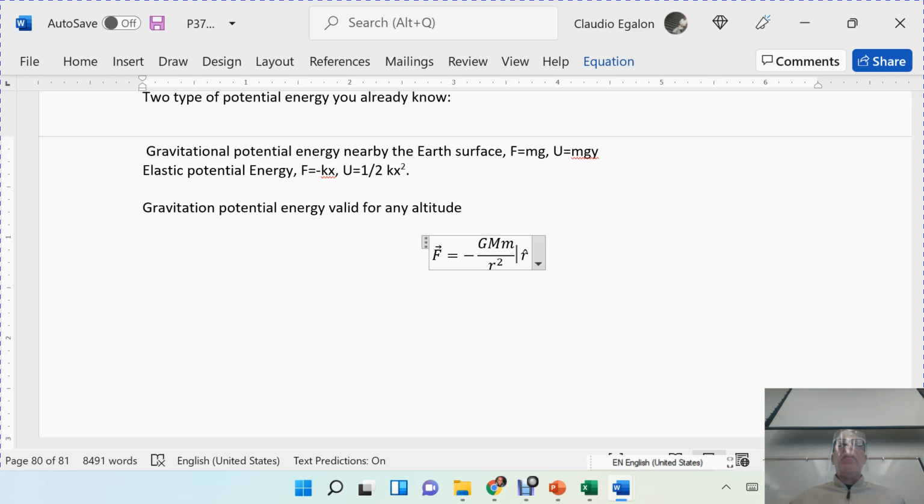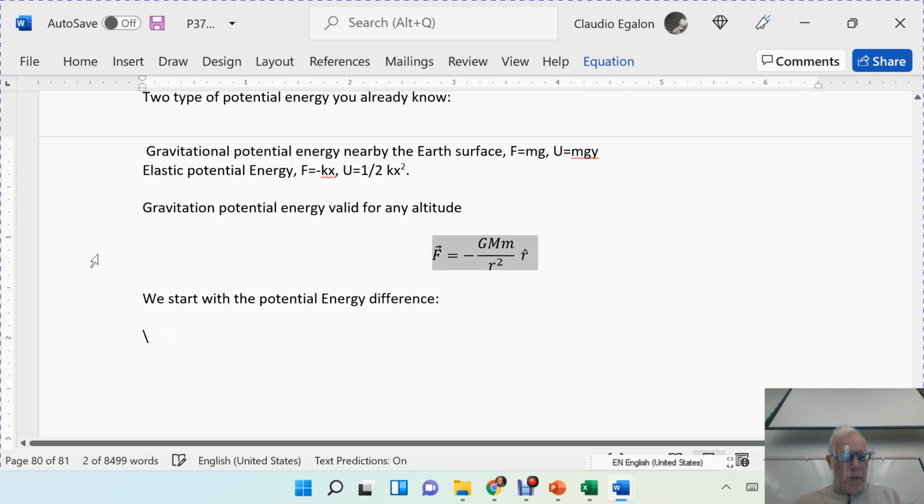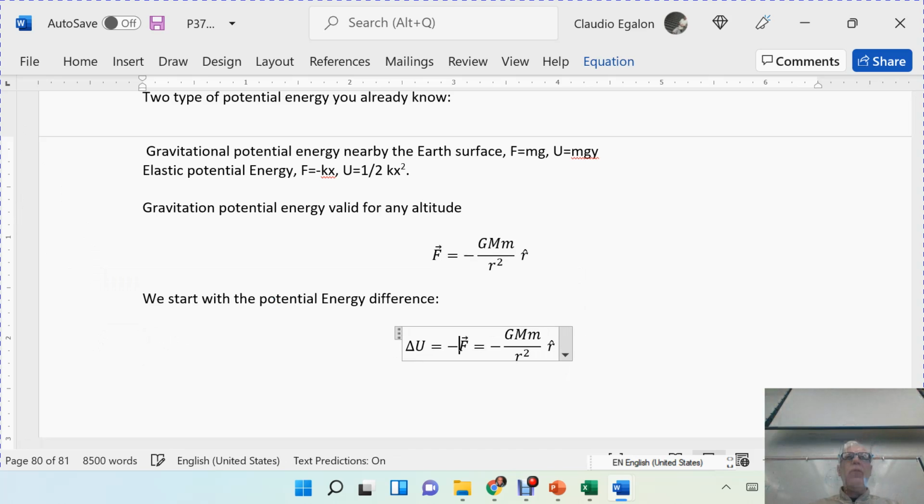Altitude. And I'm going to do the step-by-step derivation just like I did before for the other ones. How do we start? We start with the potential energy difference. Let's go to the definition of potential energy difference. The definition of potential energy difference is delta U equal to minus